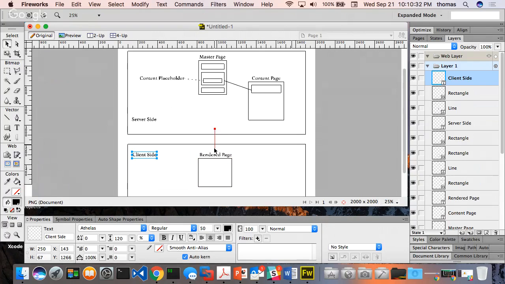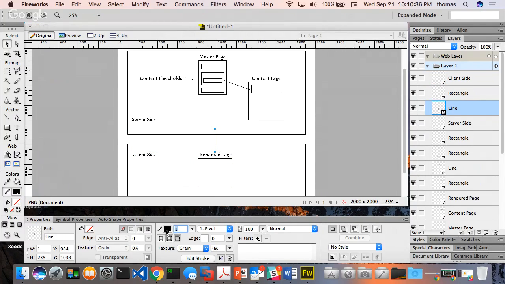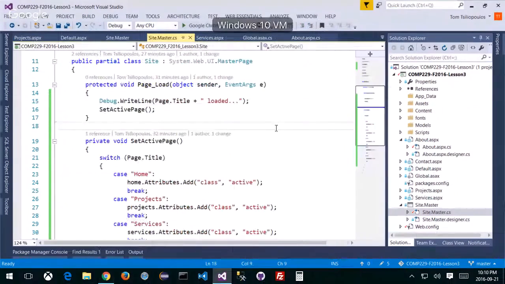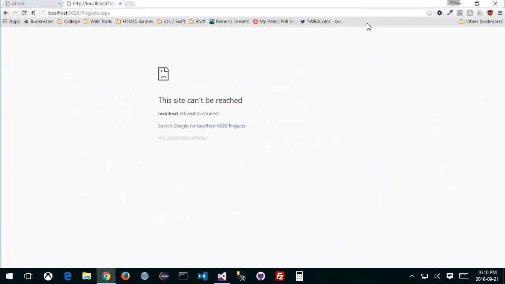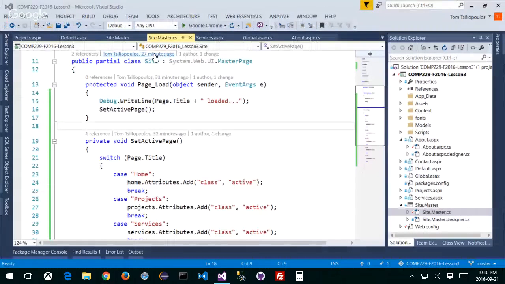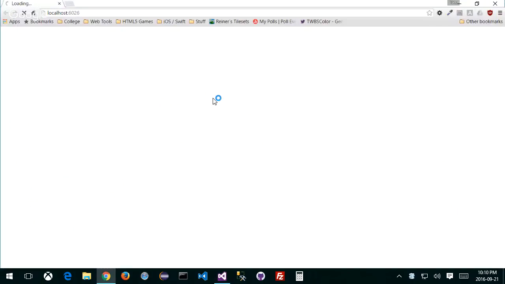So the final HTML page, and again, you can't see this link here. Oh, there we go. Make this bigger. The final HTML page gets rendered on the client side. So I get my index.html. I know you guys have seen this before, but let me stop this. The page stopped. Let's do this again. If I run this page again, here's my page, and if I go to my default.aspx,